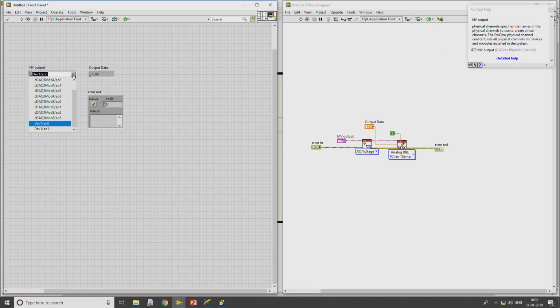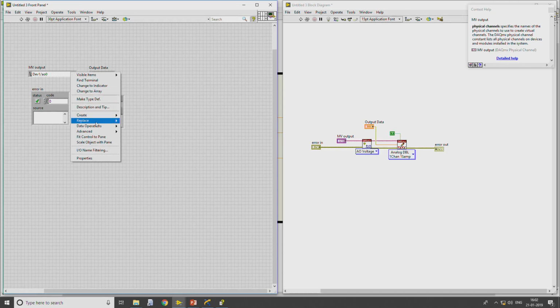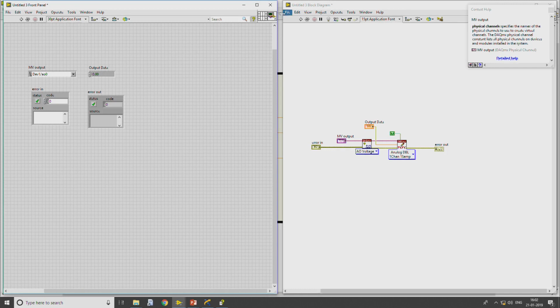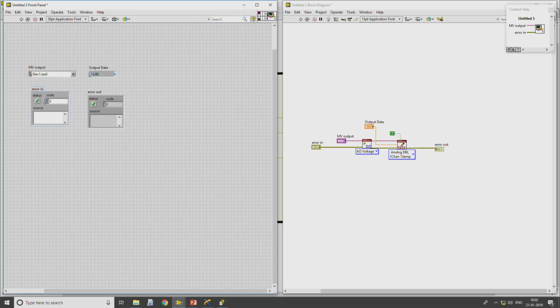Now, just data operation, make current value default. Similar to the previous one, I will also give a pin connection, so that the same VI can be used as a sub VI in another program.